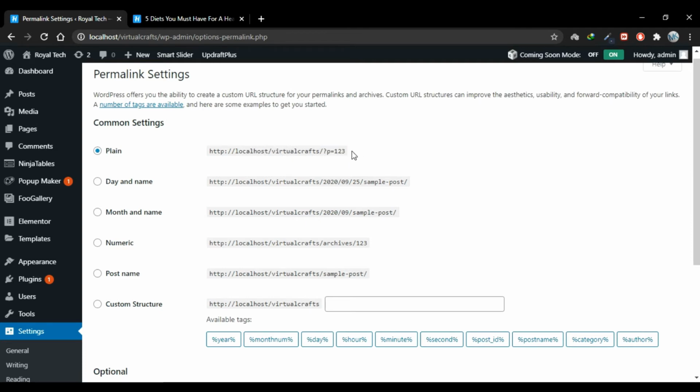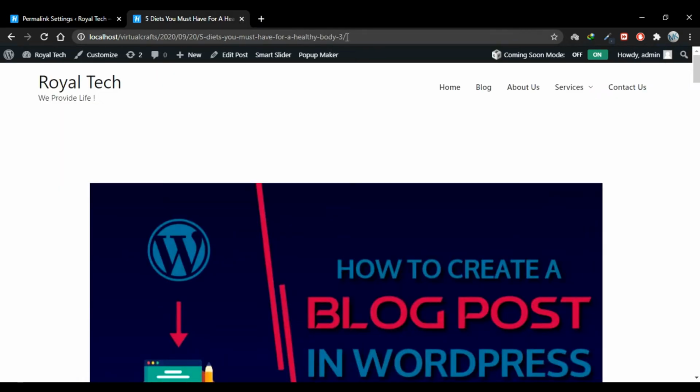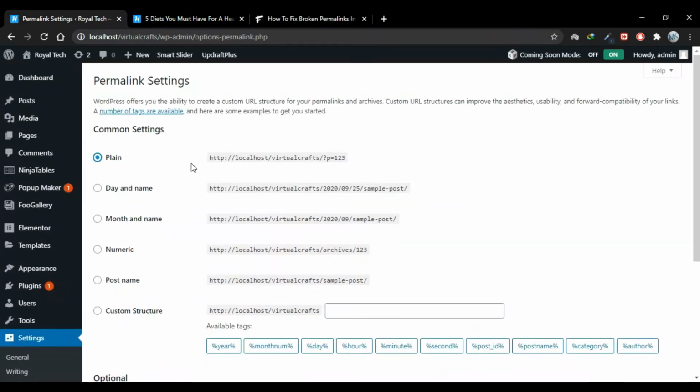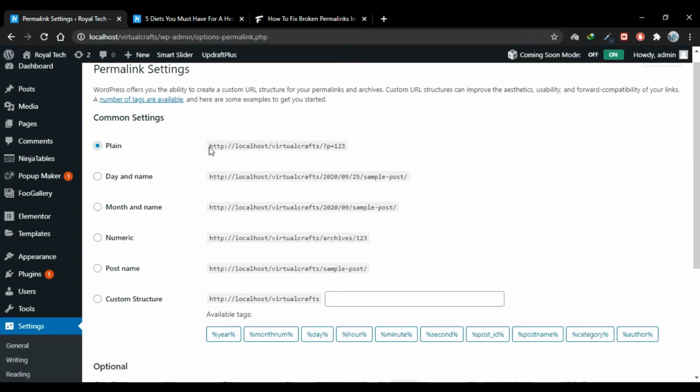But this permalink structure is not very commonly used because for us it is completely impossible to understand which post is currently open. For example, in this permalink, you can understand that which post is open by reading this string. Now we'll see this plain structure at the end because it refers to another explanation which is lengthy, and that is the most important thing while you're changing your permalink structures, because you may completely destroy your site by changing your permalink structures. Let's look at the other structures first, and then we'll look at this plain structure and see how it can break our site.